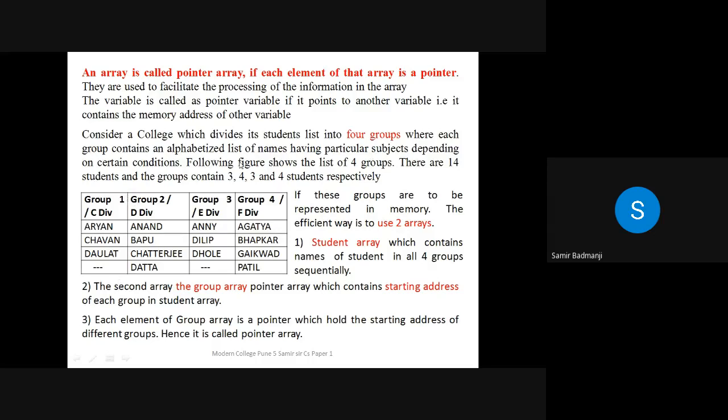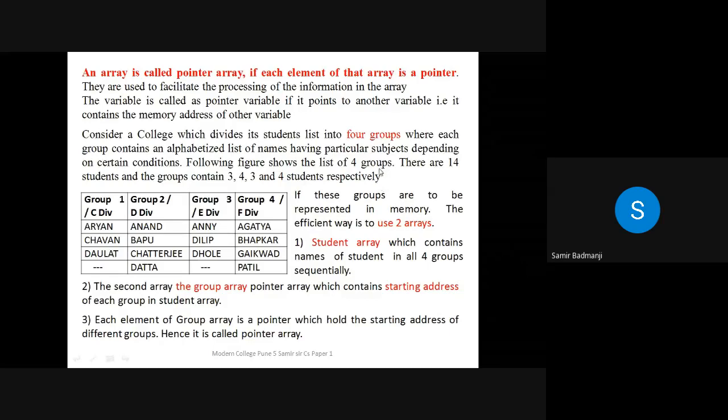Okay, so a list of 4 groups is there. Now we are just assuming for example purposes that C division, suppose it has 100 students. We are assuming that only 3 students are there in C, 4 in D, 3 in E and 4 in F. Okay. So there are 14 students and the groups contain 3, 4, 3 and 4 students respectively.